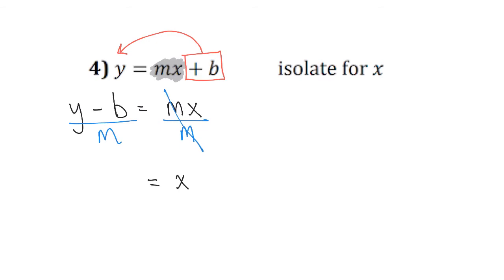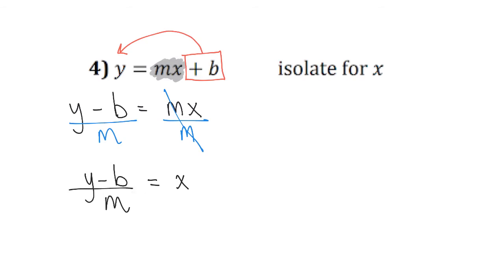And again, on the left-hand side, you just got a lot of different letters. You don't know what any of these letters represent. They're not the same letters, so that means they're not like terms. You can't put them together or do anything with them. So all you can do here is just recopy the expression. So in order to solve for the letter x, you would have to perform y take away b, all divided